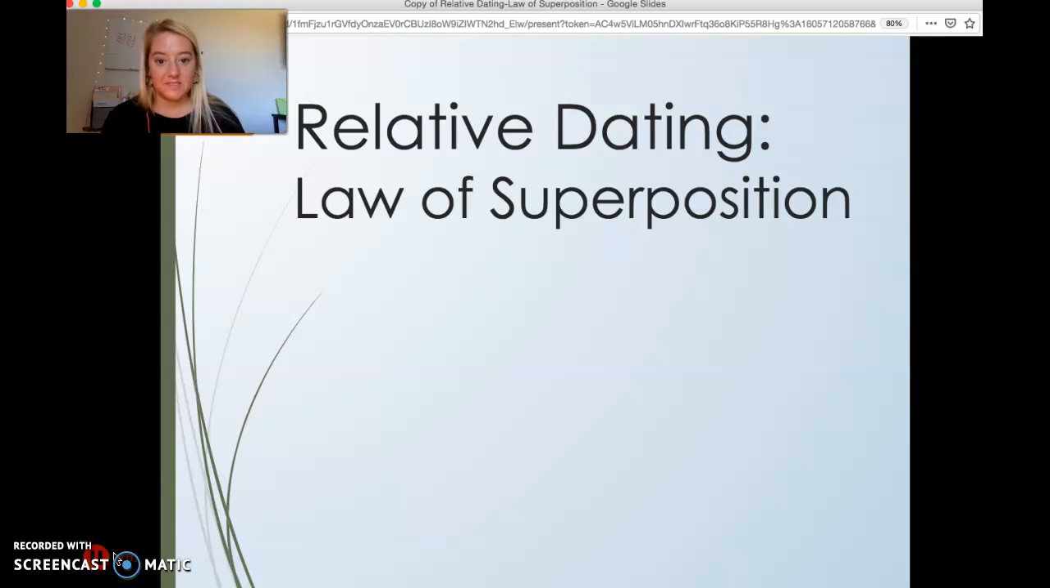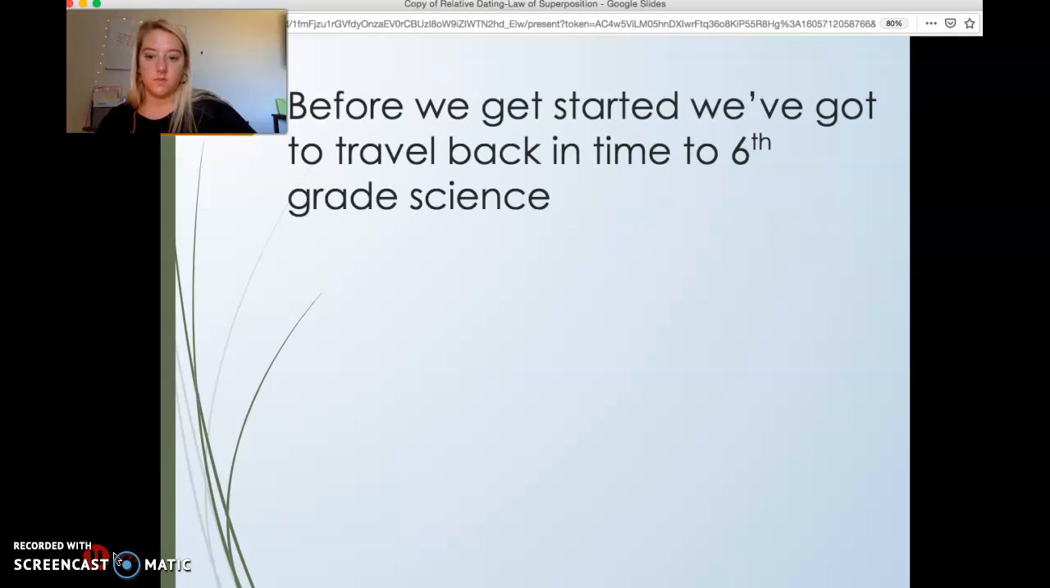All right, let's talk more about relative dating. So we talked about how fossils can help us relatively date the age of a rock sample. Now we're going to talk about this law of superposition, and we briefly touched on it in our fossil lecture. So this should sound familiar, but we're going to go over it again a little bit in depth. So to start with your notes,